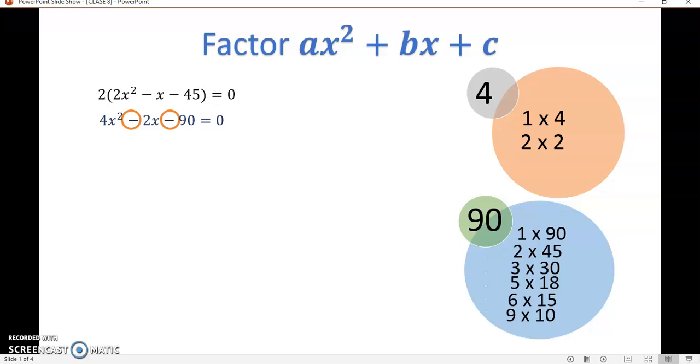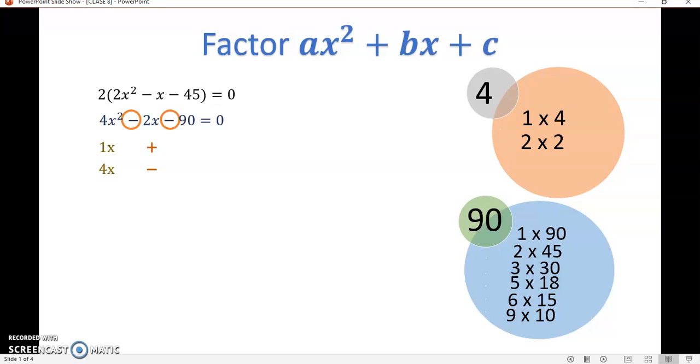Okay, now I need to see which signs I'll use. First of all, I need to define that the numbers that multiply to 90 need to be one positive and one negative. And now I need to see how my number in the center can be a negative, because on here when I subtract, I need to have my greater number as a negative in order for this number to become a negative. So I'm going to start looking and testing with